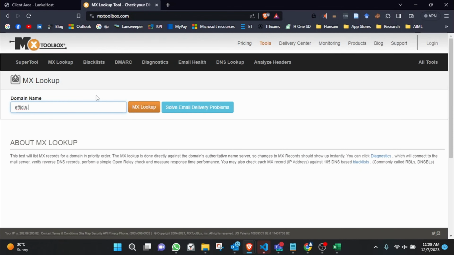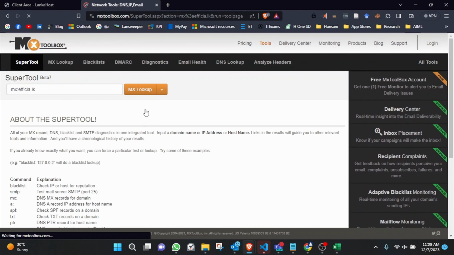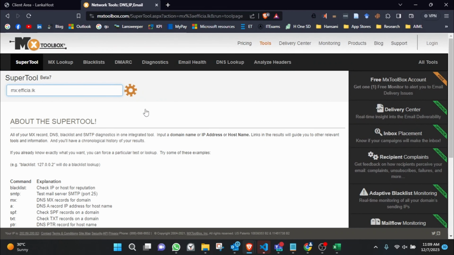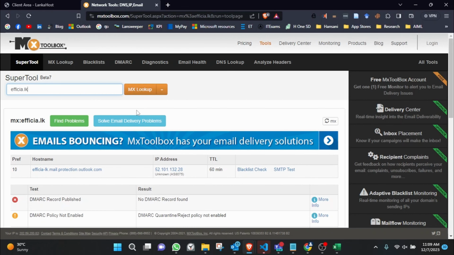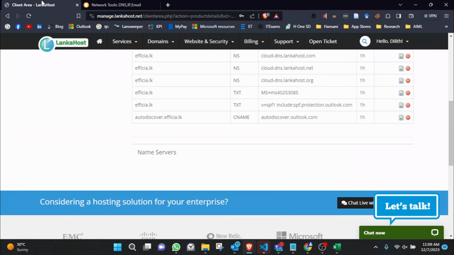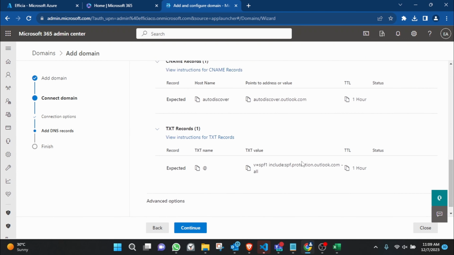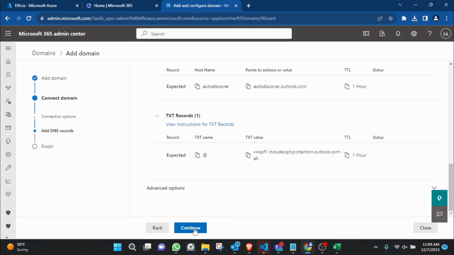But you can go to MX Toolbox and check whether your MX records are propagated successfully and what the state of it is. So this is the basic troubleshooting step that you have to take to verify whether your MX records are propagated successfully. You can even check the CNAME records, text records, and any other IP details using this MX Toolbox tool. It's a very good tool, and you can go ahead and click continue.